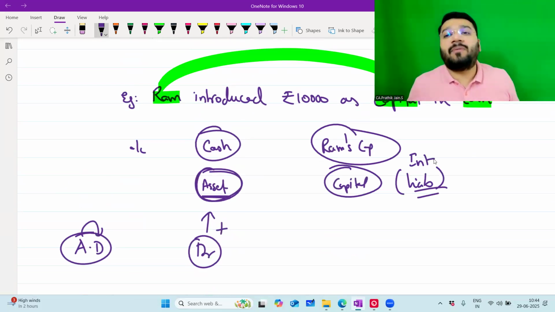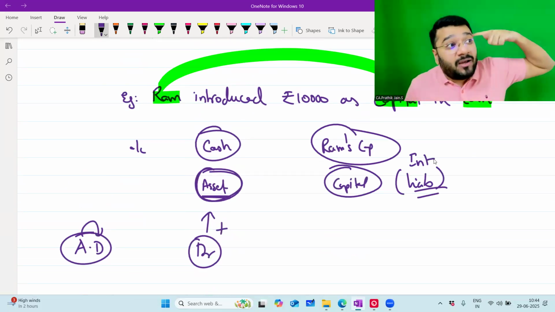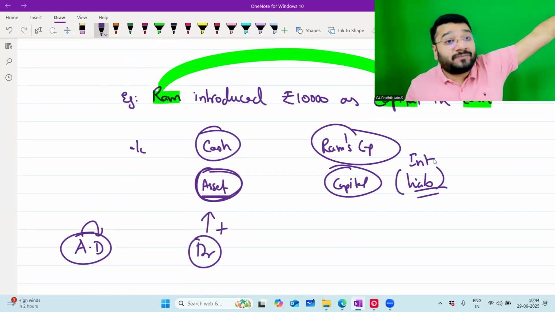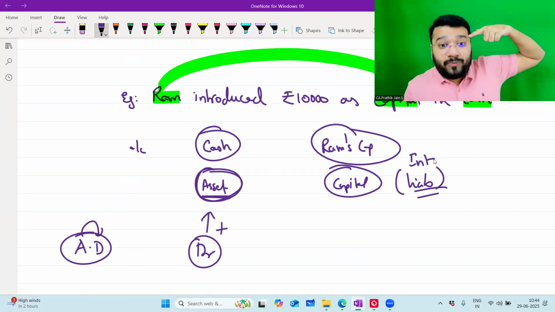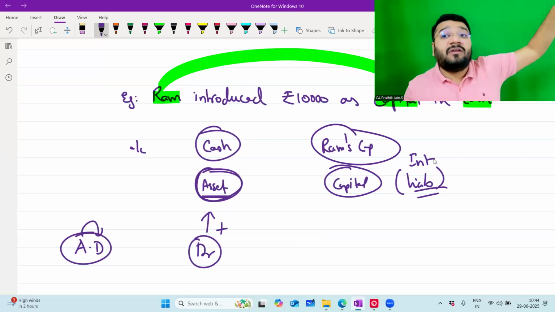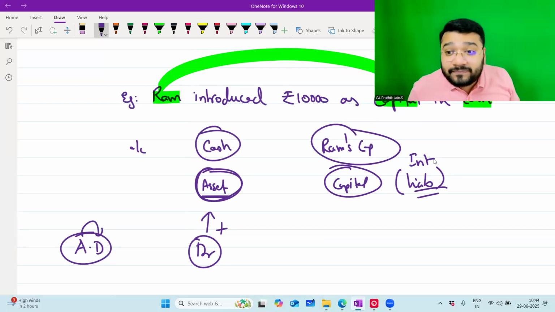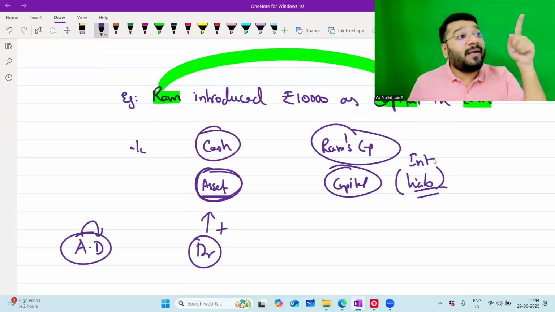Today I took 10,000 from Ram, which means I have a pressure to repay this money back to him in future. Today I took 10,000 rupees from him. I have a pressure on my head that I have to repay this money back. Whenever Ram asks, I have to repay the money back. Or whenever the business closes, we have to repay the entire capital back to the owner.